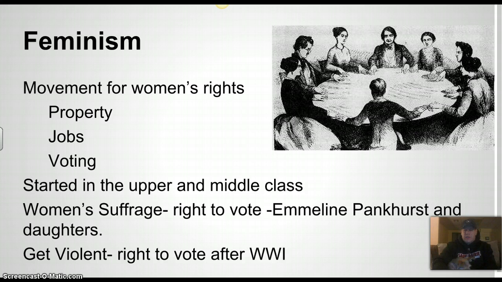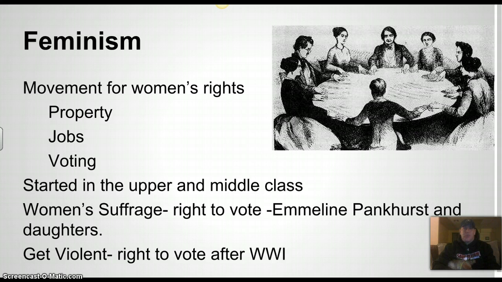And now also coming after this is the idea of feminism, basically a push for women's rights. A lot of things are happening in Europe at this point for women that weren't very good. Property-wise, women were not allowed to own property if they were married. So when women got married, a lot of times their property was owned by their husband. Job-wise, women weren't paid the same for the same kind of job. They weren't given the same opportunities for jobs, and that wasn't seen as very fair either. And the last thing was voting. In European countries, women did not have the right to vote. In the United States as well, women did not have the right to vote.